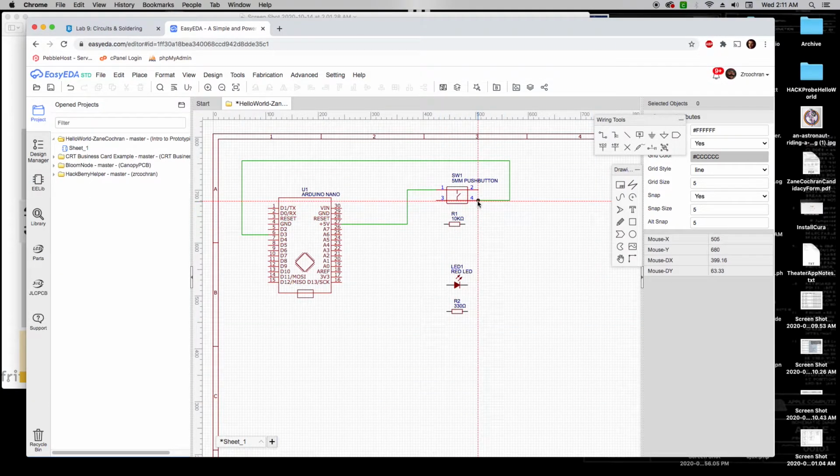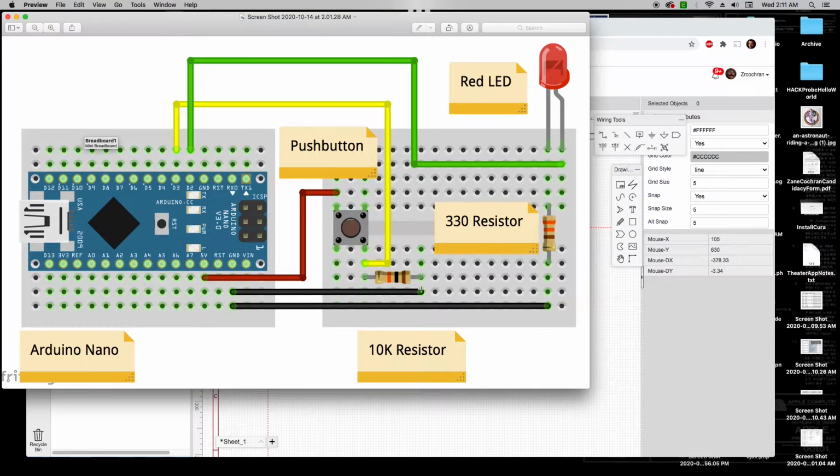Well, this side is hooked into a side of the resistor. And actually the resistors can go either way. They don't have a plus or a minus. And so we can just connect this push button right to the end of that resistor and we're good to go. Okay. Now the other side of this resistor, it seems to be hooked up to this wire here,